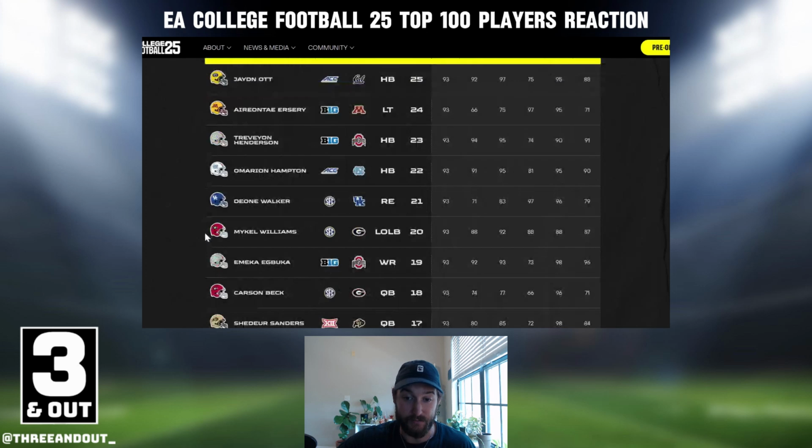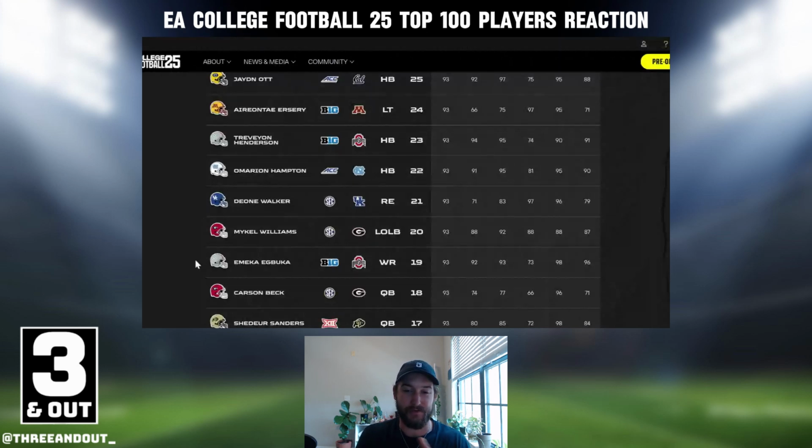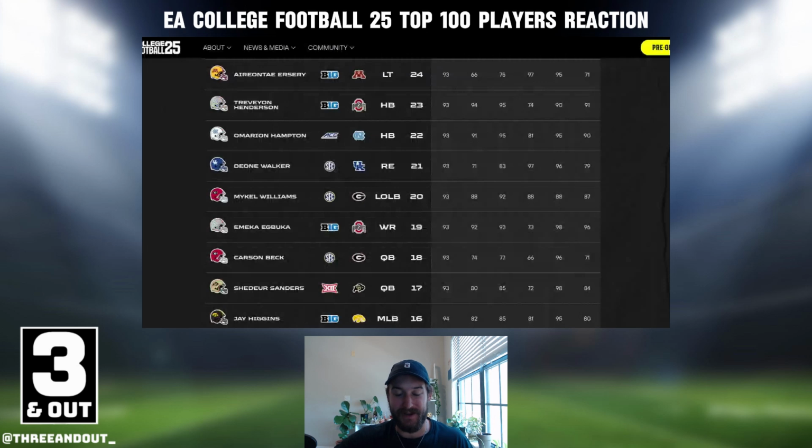Carson Beck, 93 overall. So Carson Beck is the highest rated quarterback so far, tied with Shedeur Sanders, which is interesting. I don't know how I feel about Shedeur being ranked the same as Carson Beck. I honestly don't think that's the case. I thought he would have been a little quicker. Not the fastest guy, but 80 overall speed. I thought at least maybe would have been mid-80s for him there. Not a lot of designed runs, but he can scramble, and he's a playmaker, and he's quick. So seeing that's a little surprising.